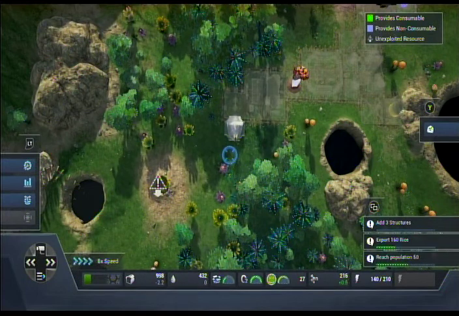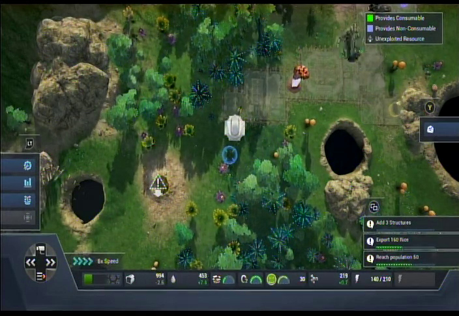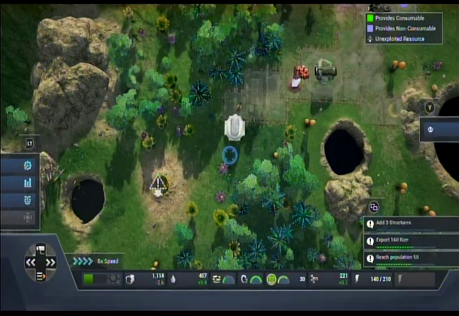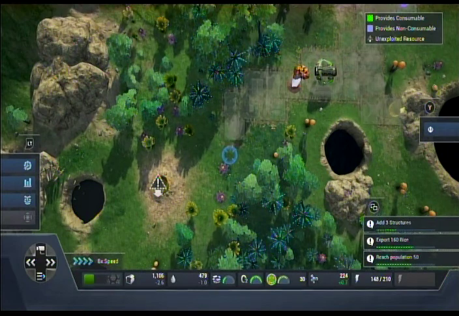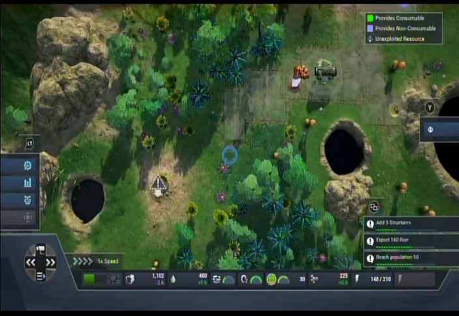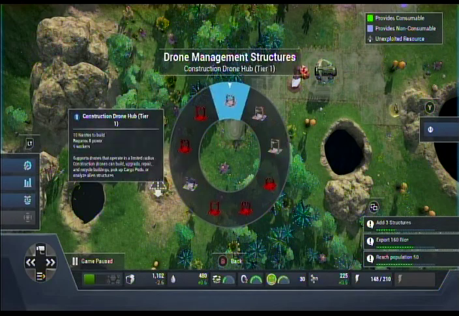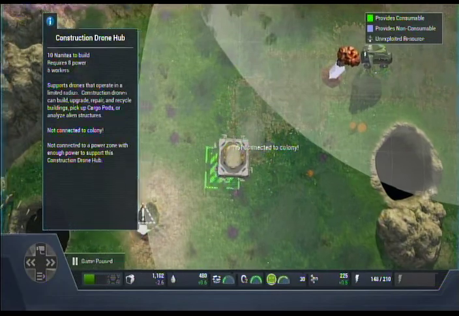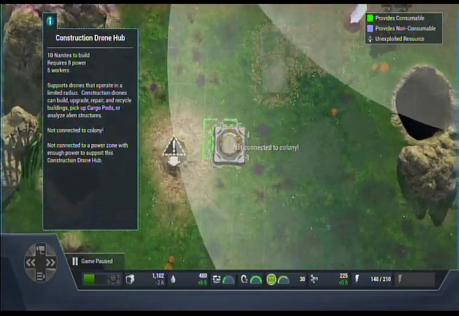Then once we build that, we can build an intake vent. I might have screwed that up, but that's okay. We got more colonists, but they'll have a place to live now, so that's always good. Okay, what else? Drone management. Construction hub. Yeah, we can